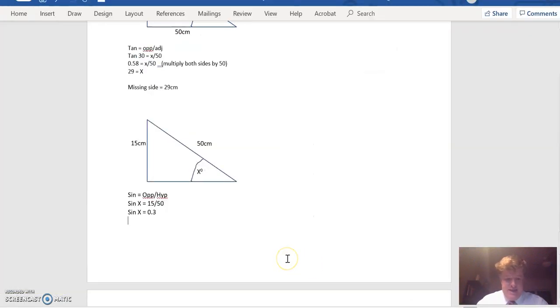So x equals 17.46, and remembering our units, it's in degrees. So there are our different calculations around trigonometry, sine